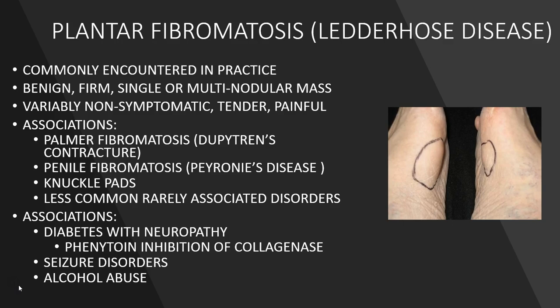It is seen with increased frequency in patients that have seizure disorders. And it is felt that the reason for this is that Dilantin, or phenytoin, inhibits 50 to 60% of collagenase activity, and it is felt that there's a loss of normal collagenase activity, as a result of which fibromatosis is seen much more commonly. It is also seen with increased frequency in patients who have a history of alcohol abuse